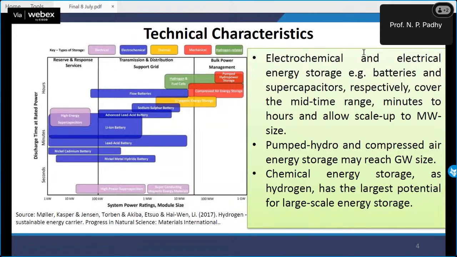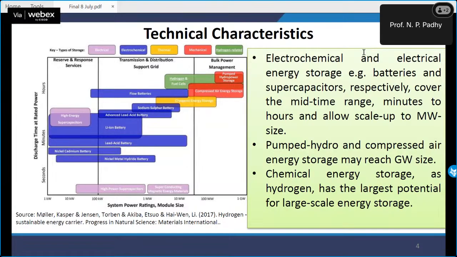If you have the idea of the hours, because how quickly you like to discharge, in an hourly time, or you want to do ramping in seconds, you like to discharge 100 megawatt. Depending on the application, that is the capacity the battery must have to discharge also. That is not possible with all chemistry. So depending upon your application, your capacity, and your time of discharge, we need to select the battery type.